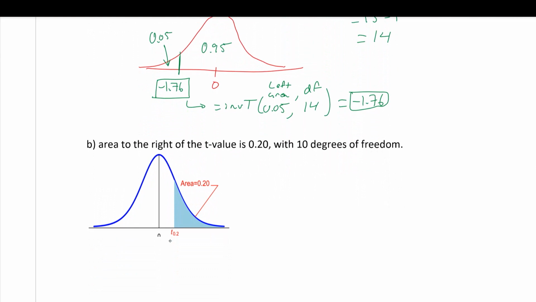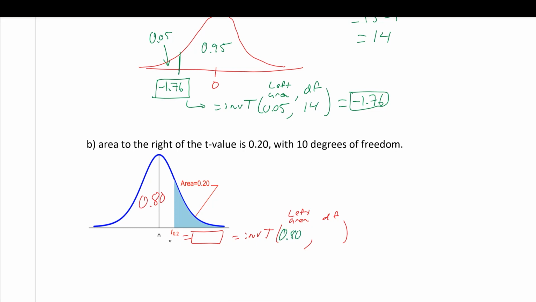It says, so they already drew a picture for us. The area to the right of the t value is 0.20, okay, with 10 degrees of freedom. Okay, we're looking to find that t.2. So this value here, well, that's going to be inverse t left area, degrees of freedom. Okay, well, if this area is 0.20, what's the remaining portion to the left? Well, all of this should be 0.80, correct? So that gives us